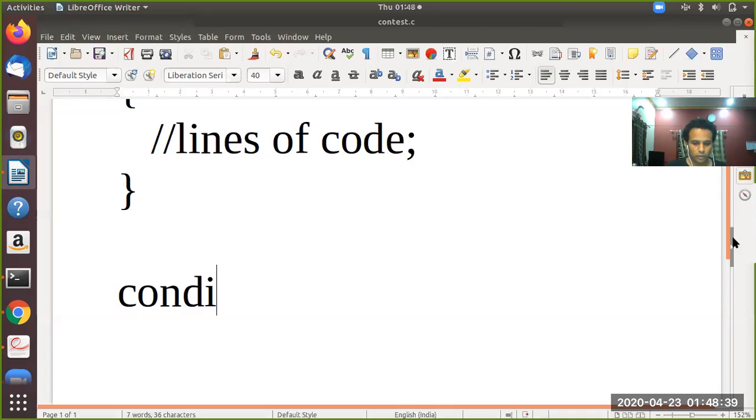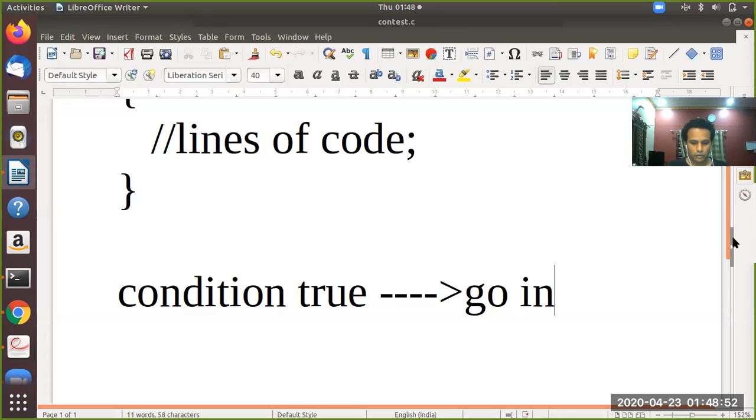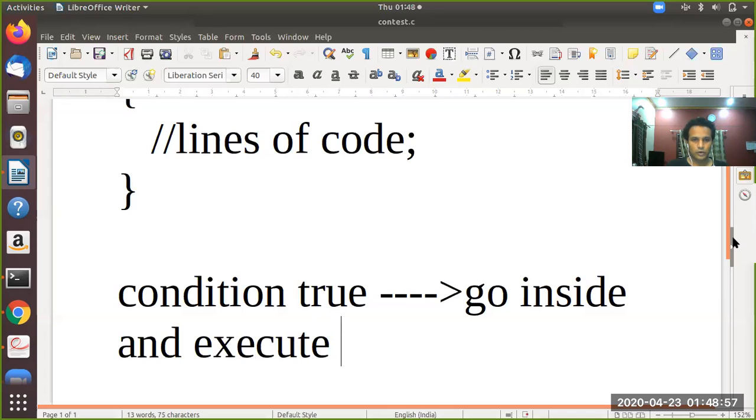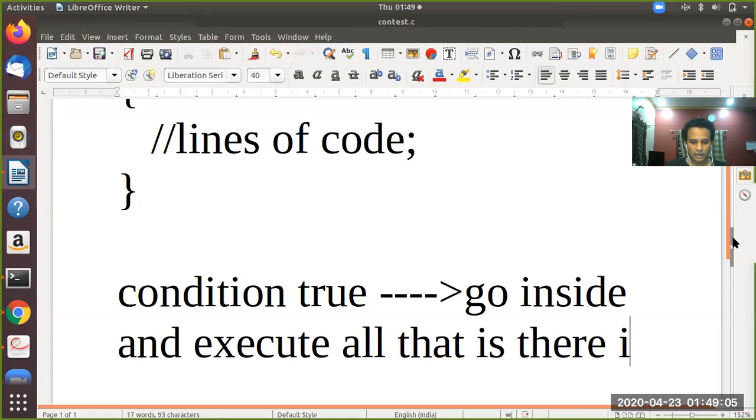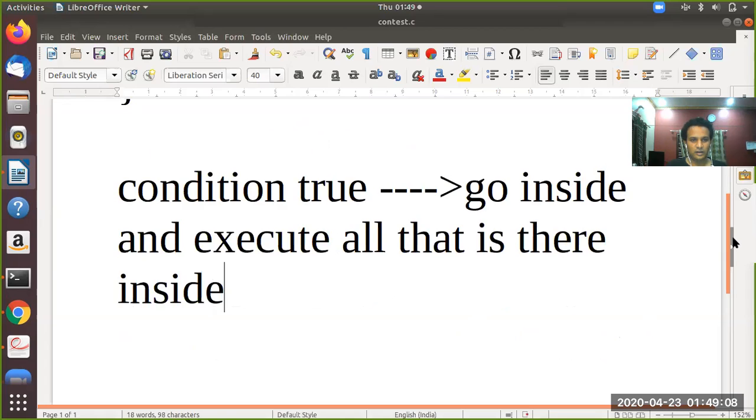If condition true, go inside and execute all that is there inside the if block.